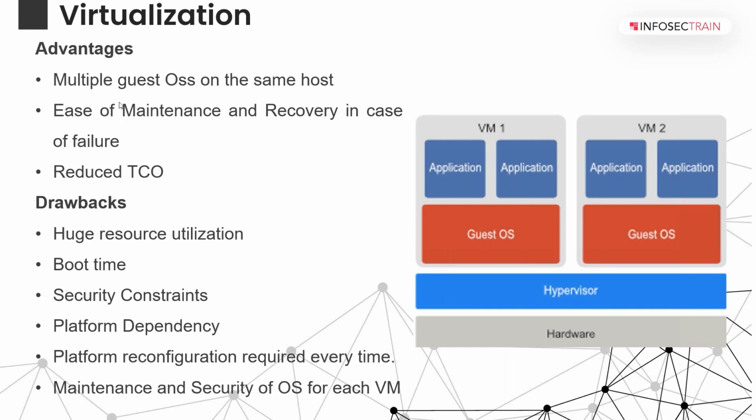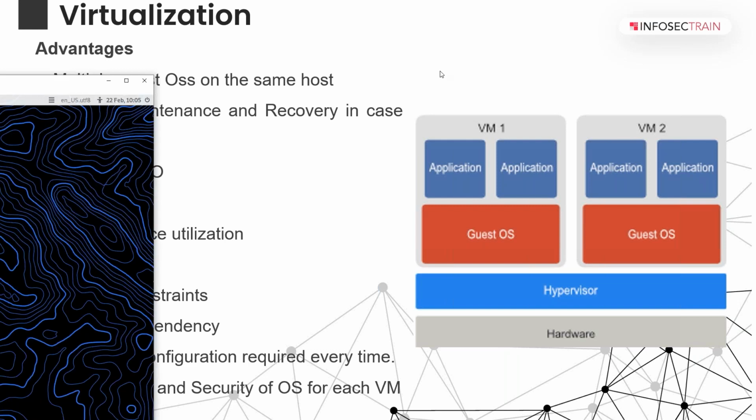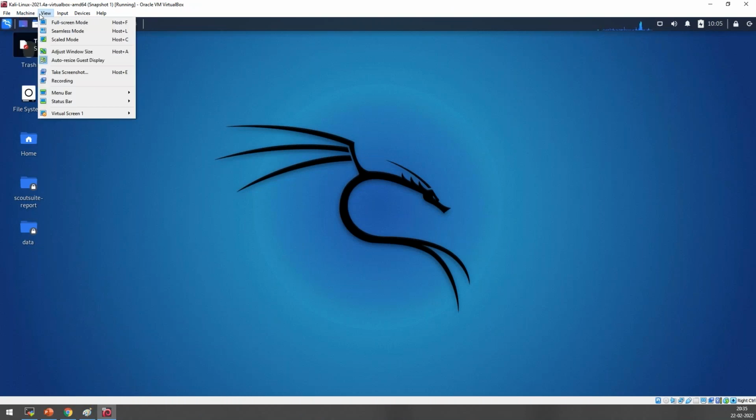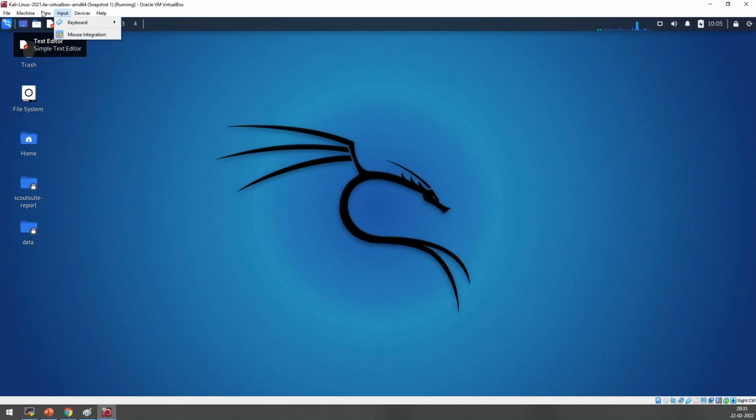For example, assume that you're running a VM here, and you want to capture the state of the VM. You click on Machine, or just click on Take a Snapshot. When you click on Take a Snapshot, what happens, team? It takes a snapshot of this VM. Snapshot is just an option where you're able to take the current state of the VM, and it will store it like that.